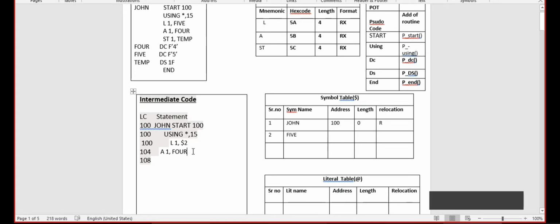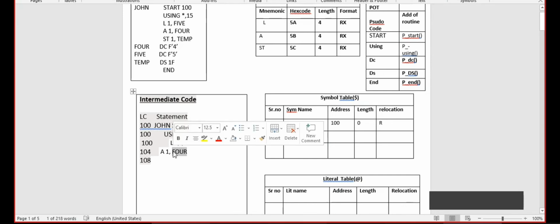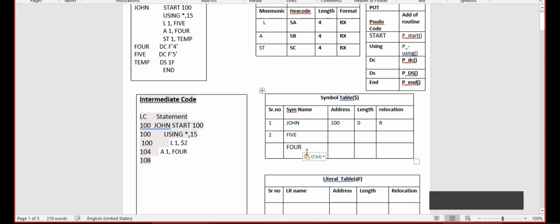1 is our register, so there is nothing to update. And next is 4. What is this 4? 4 is the symbol. So we have to make the entry of 4 into the symbol table. So I am writing 4 into the symbol table. What is the address of this 4?